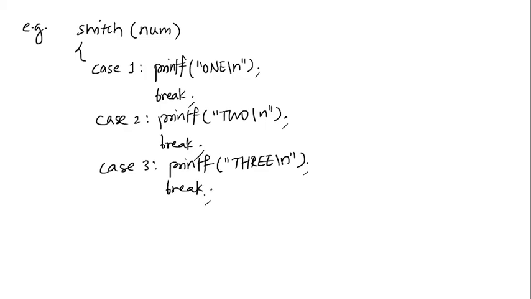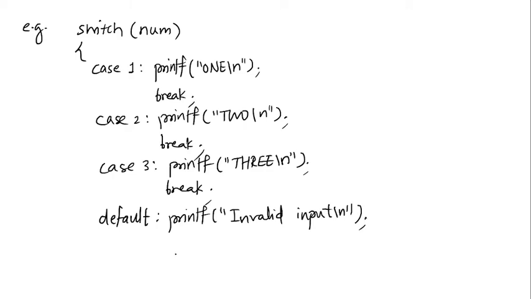Now see, ideally, we will be putting a message at the beginning that says enter any integer out of 1, 2, 3. But we can't expect the user to be so intelligent. It might enter something, or by mistake also it might enter something other than 1, 2, 3. So we can very well have a default case where I can simply printf the error message saying invalid input. So input was supposed to be out of 1, 2, 3 only. If you have entered anything other than that, it's an invalid input, and that's the end of the switch case.